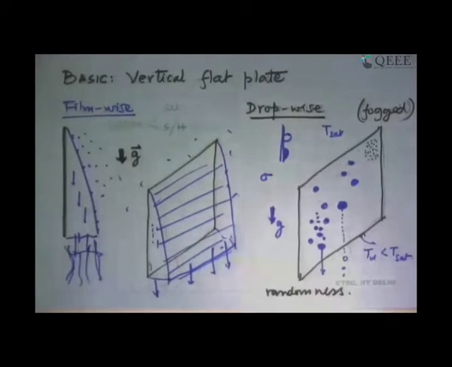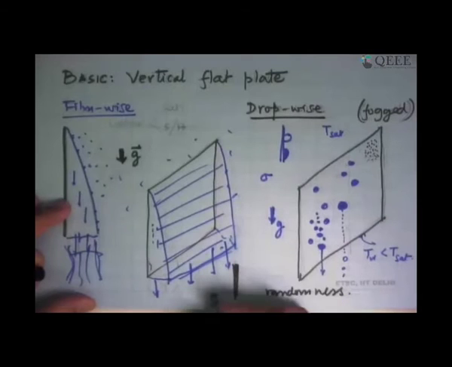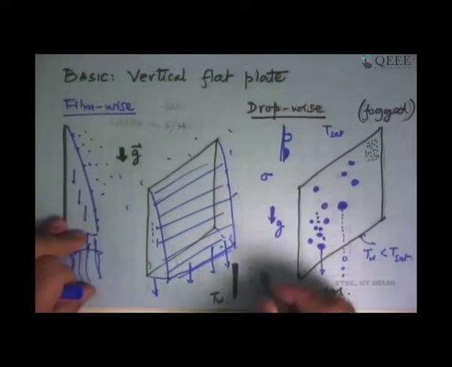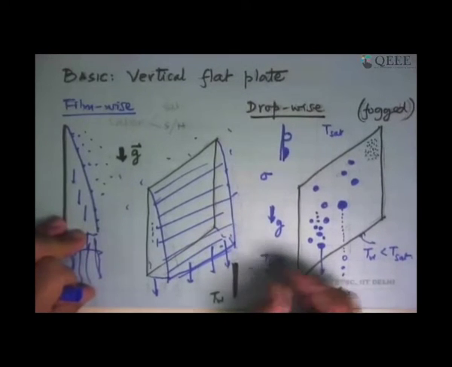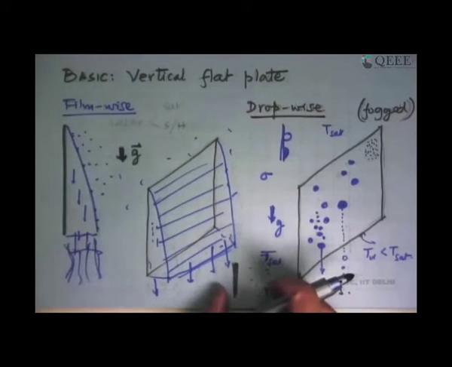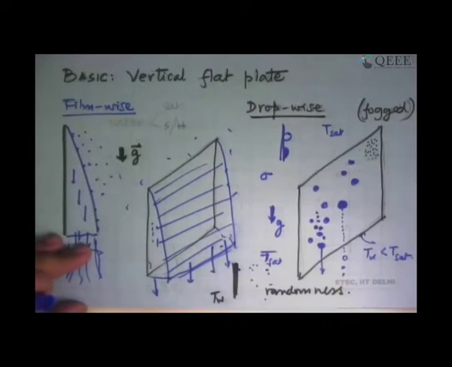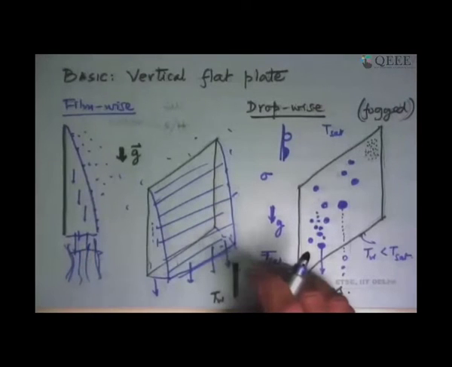When you look at that, we do the same thing that we looked at in forced convection or free convection when we talked about what the boundary layer does. So what do we have in this case? We have a surface which is at the lowest possible temperature in the situation, and around that we have a vapor which is at saturation temperature. This is the temperature difference in this problem. Ideally, we would like the vapor to directly come in contact with the surface so that the maximum delta T is utilized.